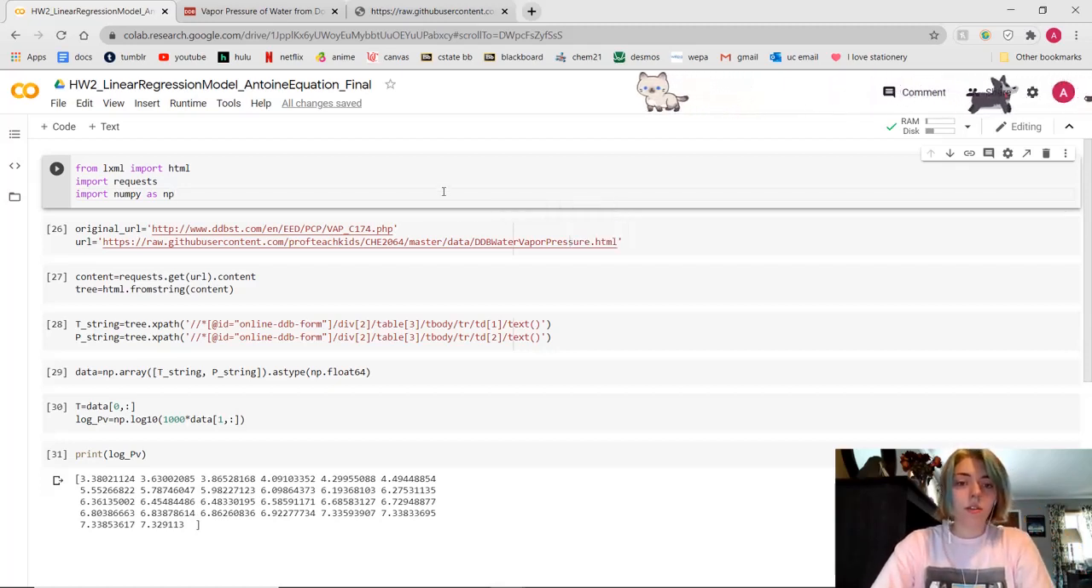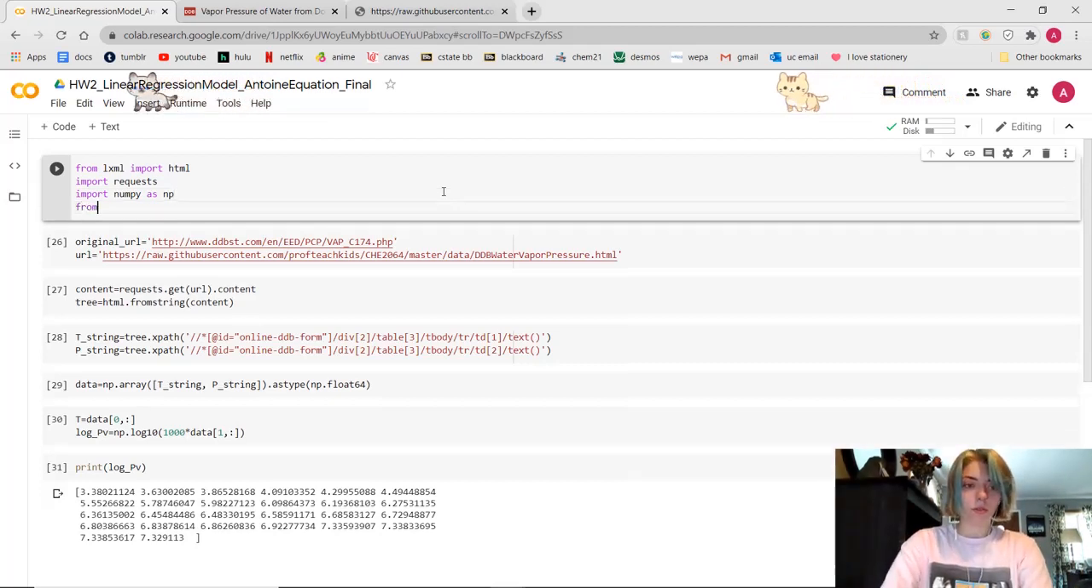Okay, so for video 3, we're going to be taking what we did in video 2, which is where we pulled the data from the website. We're going to be taking that data and graphing it, and then we're going to graph it again against the Antoine model. So to start, we're going to do from